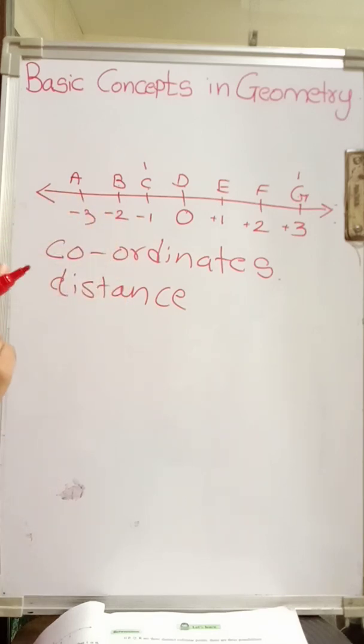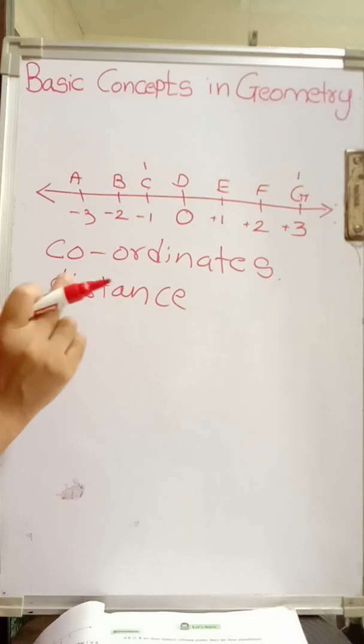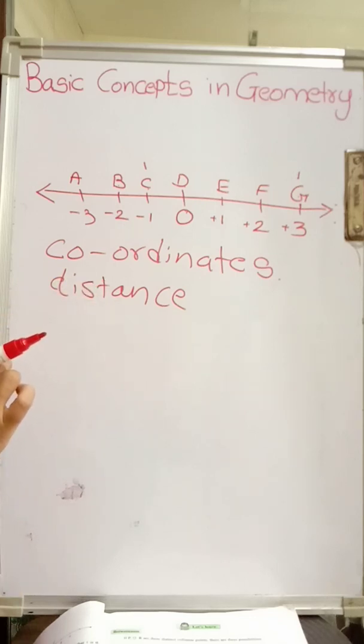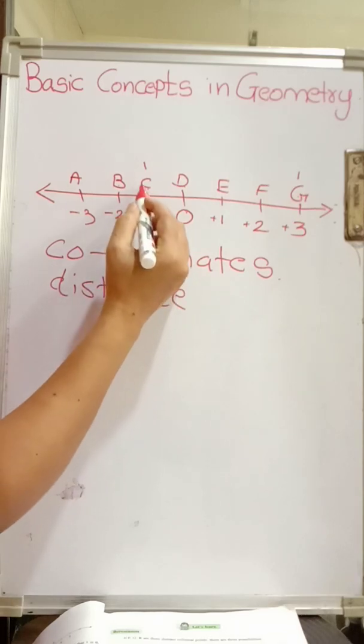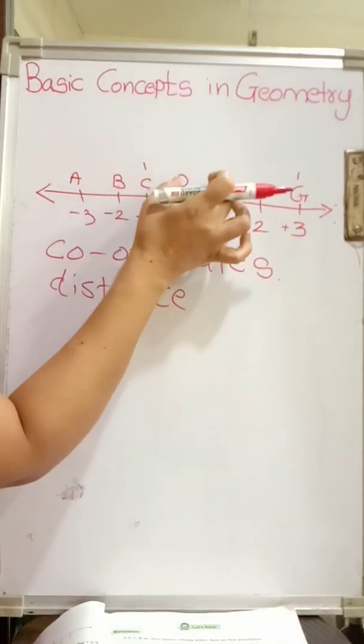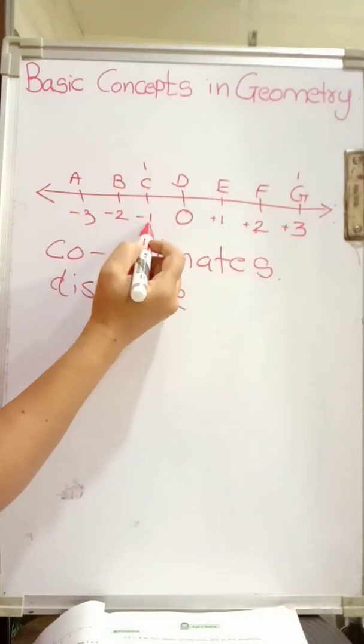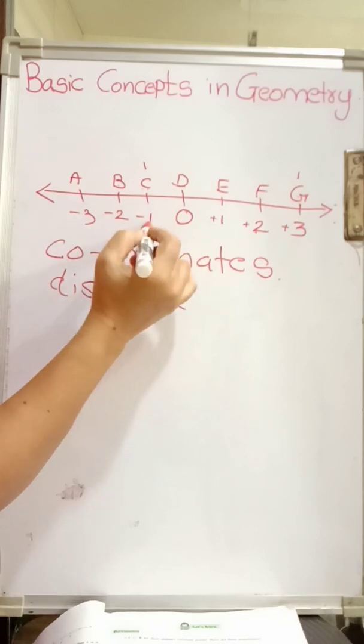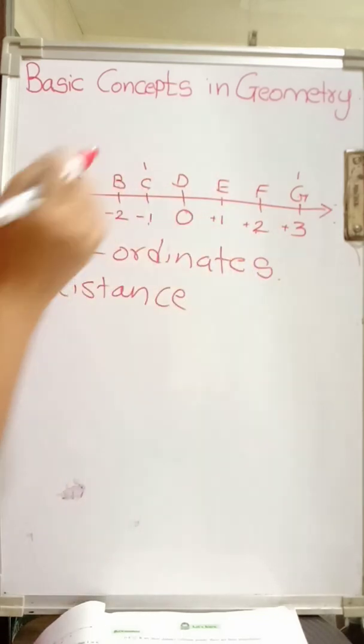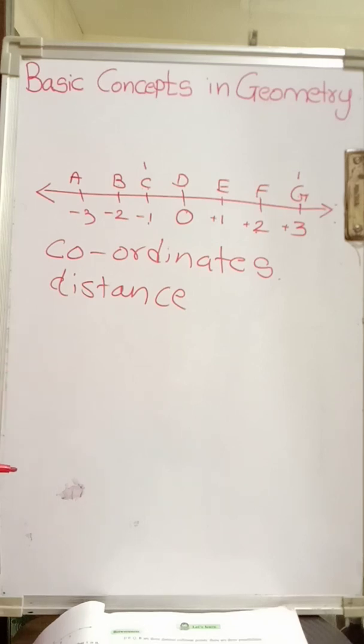Now see students, mind well, you have to keep in mind that distance is never negative. It is always a non-negative number. Alright, so please remember the distance between any 2 points is a non-negative real number. And the second important point is how to find the distance. Now see, we have found the distance between C and F. What did you do? 1, 2 and 3, if we say. How did you get 3? 2 minus 1. That means if you subtract the smaller coordinate from the greater coordinate, you get the distance between 2 points. So that is the method to find the distance.